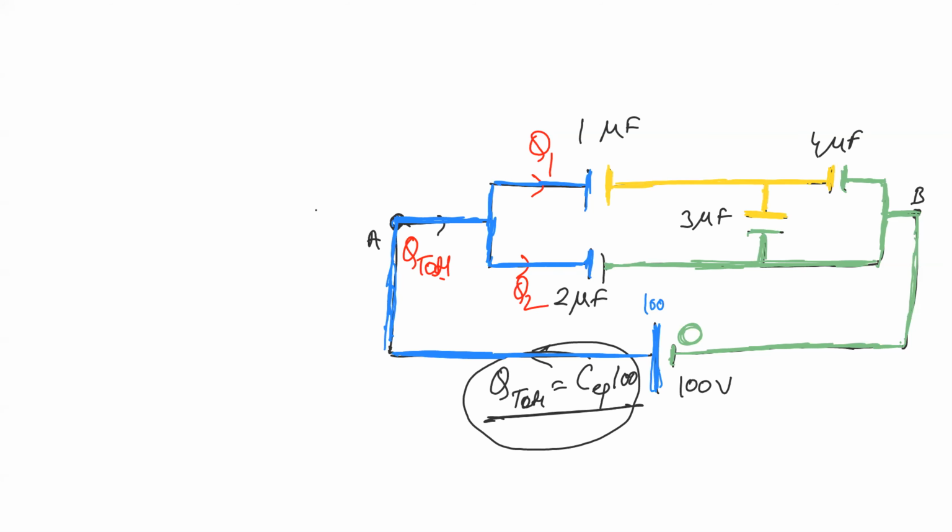So how many potentials are there in this entire question? There are 3 potentials. One is 0, this green is entirely 0, blue is all 100, and there is a yellow, right? So you have to find these things: what the potentials are for each and every point, and how much charge is coming. Before that, I hope you know which one is in series, which one is in parallel, right? Which two are in parallel combination, tell me.